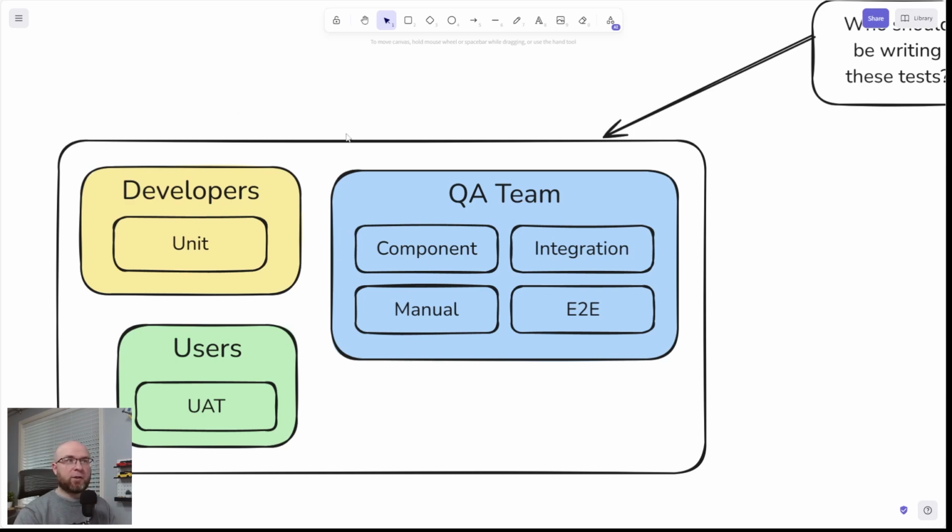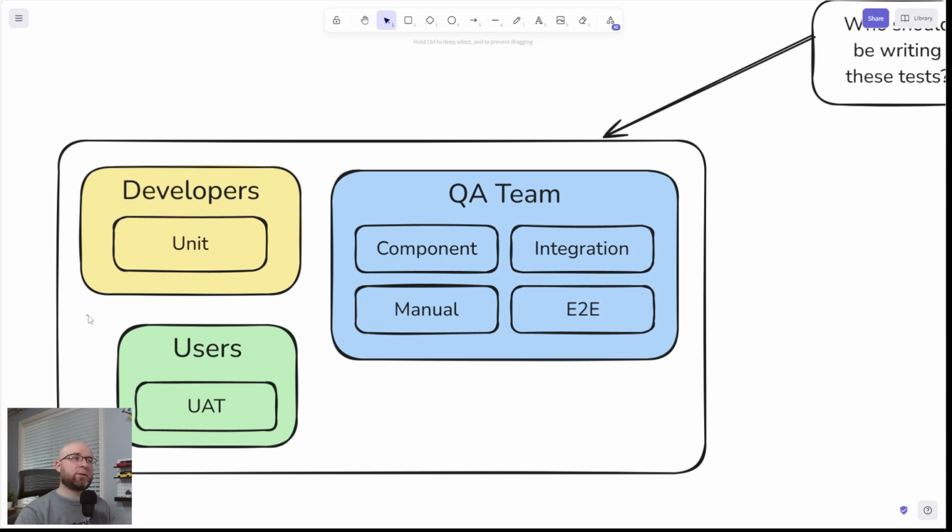So then the QA team can pick up component tests. So for example, in React, right, you could use something like Jest, or in .NET you can use whatever the .NET testing framework is, or bUnit or something for testing Blazor, stuff like that. So the QA team picks up a lot of the testing. What is a QA team? That is QA engineers, quality assurance, quality testers, whatever, and then SDATs.